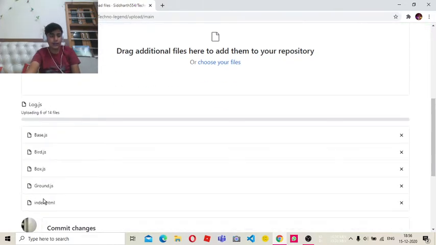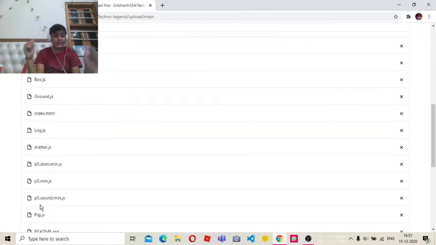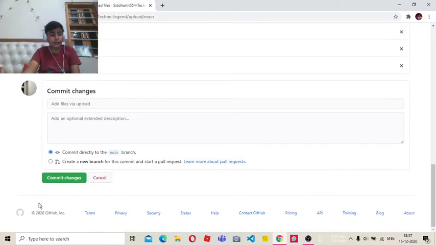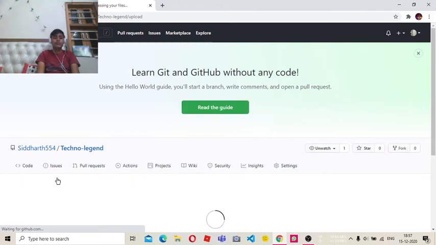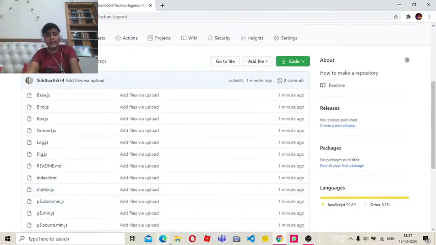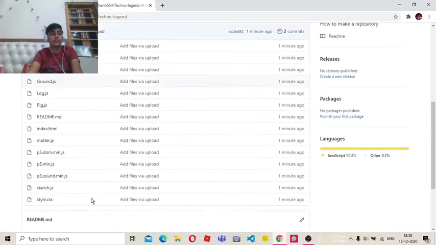being uploaded here directly. So there are a total of 14 files. Guys, you can see all the files have been uploaded directly here, and after that you have to scroll down and click on commit changes. It will save your changes, and after that it is loaded here. So guys, you can see my file is uploaded here. All the files are here, and now our process is not completed yet.